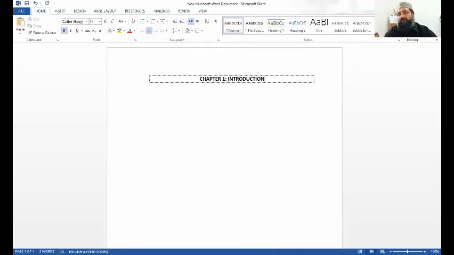Now this also, there can be two ways to do this. You can write chapter 1 on one line, and instead of giving colon, on the second line you write introduction. It can be like this, all right, or it can be chapter 1 colon space, and then introduction like this. Now the golden rule